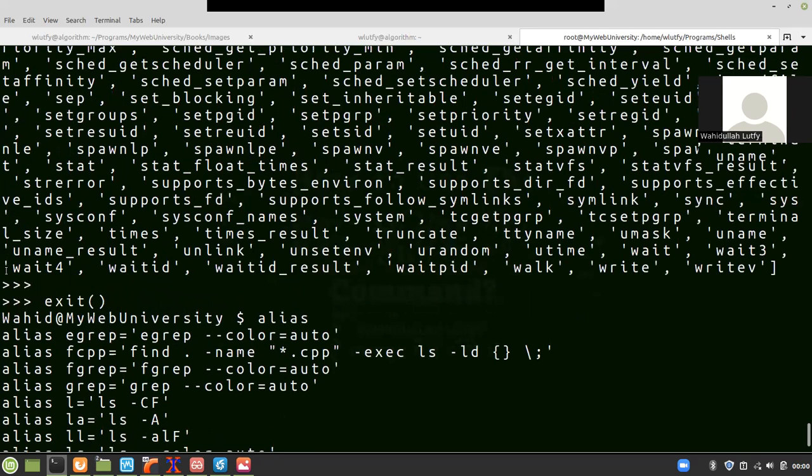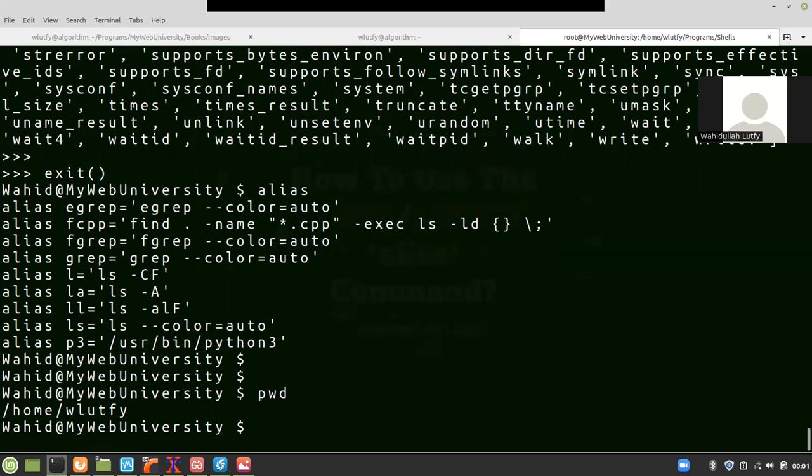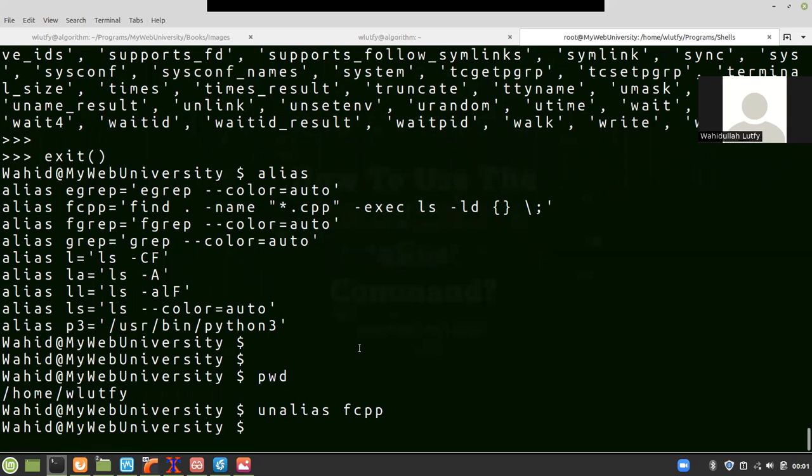In order for me to alias something, I could take a find command, for example finding C++ files, which searches in the current directory. If I say alias findcpp right now, I could give it something else or another name. Let's use the same name, and I'm going to do find . -name -type f. Type f means show me only files, not directories or symbolic links or anything. Then you could say *.c++